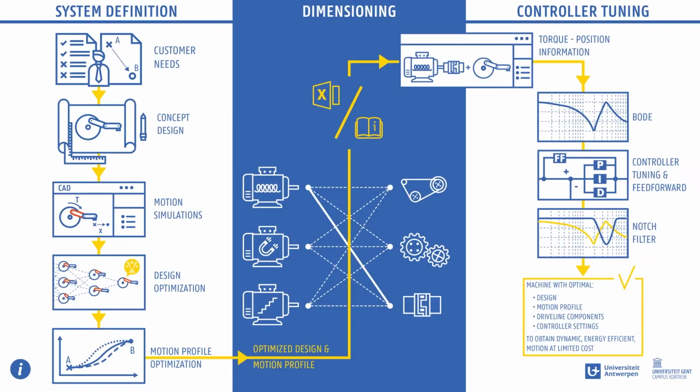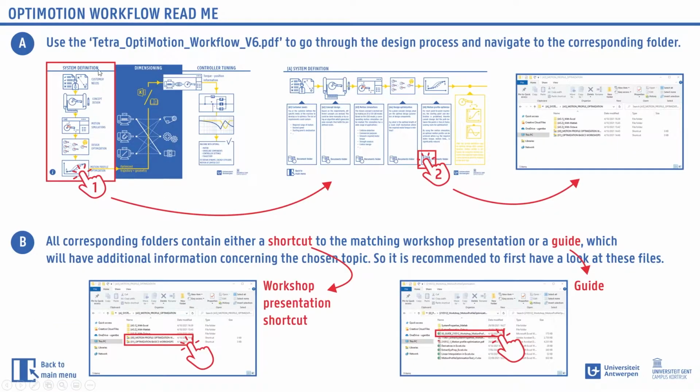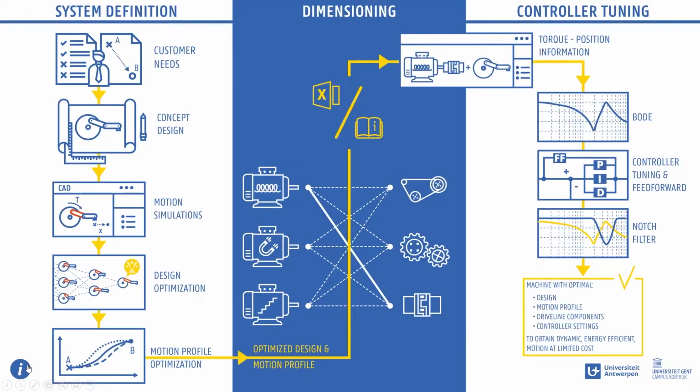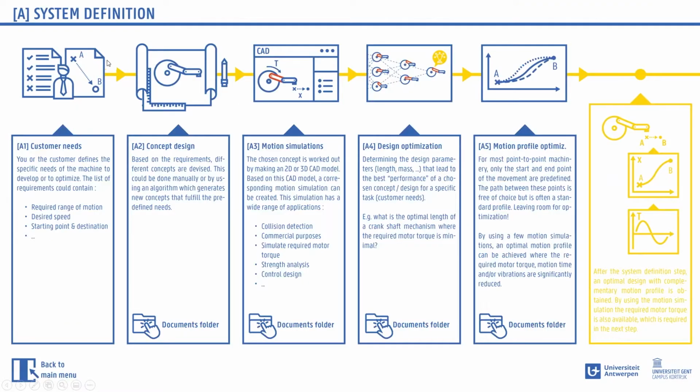Now we open the slideshow and then we'll see the general workflow, and it contains 3 basic steps. At the bottom you will get an information button which will lead you to the README file which was shown before, and then you can go back to the main menu with the same button. If you want to go into detail in one of these steps, just click on them, and then we'll see